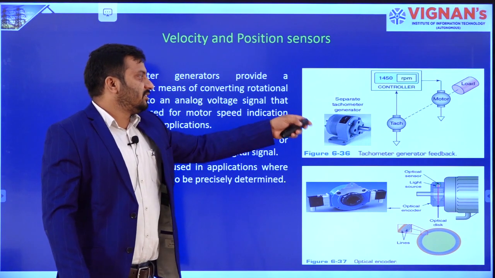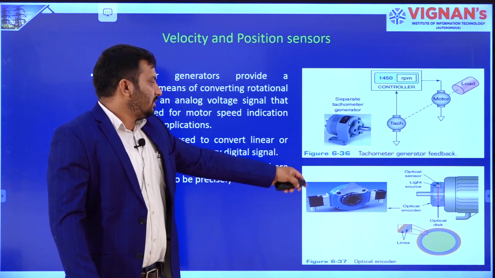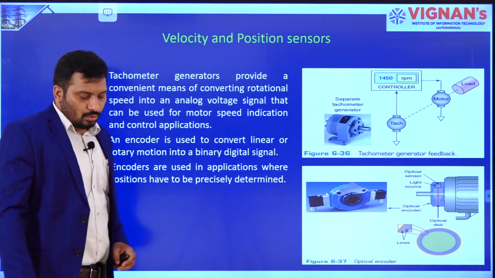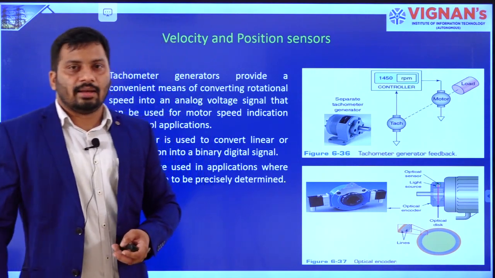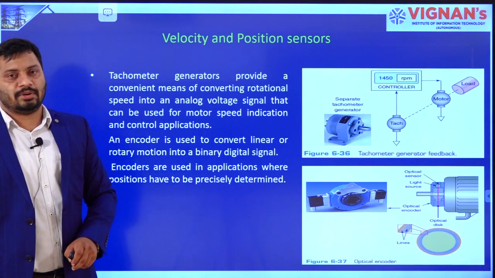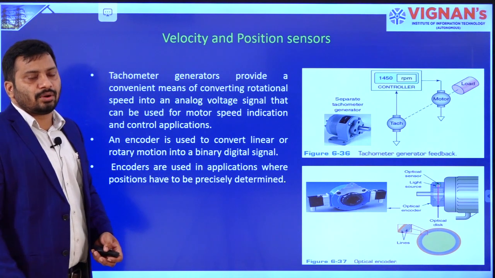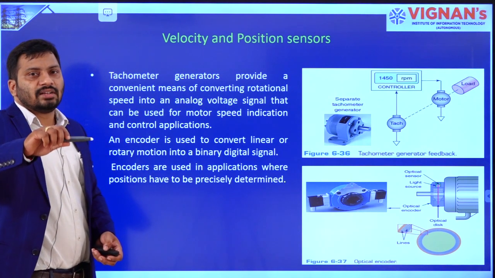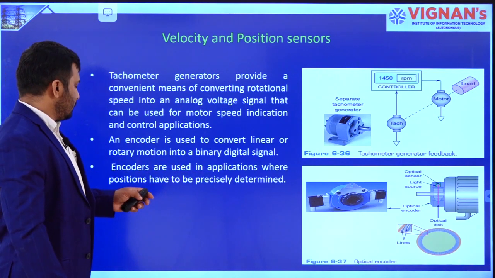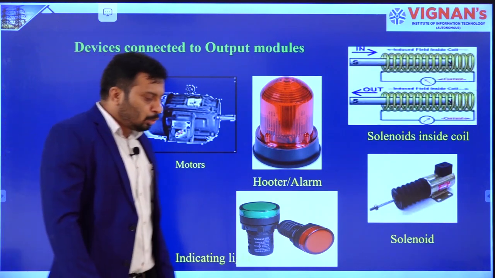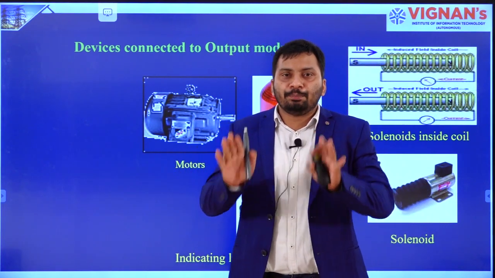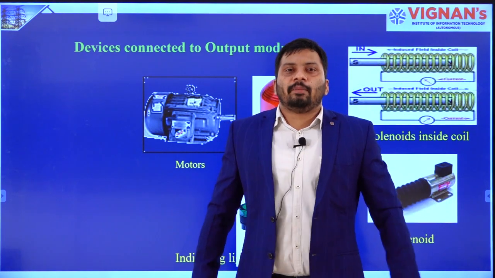One converts rotational energy into electrical energy. The other converts optical energy into an electrical signal. These are the two you already saw in the electrical labs to measure the velocity and position of the shaft present in the motors. In industry we use so many motors, and with what speed each is rotating as well as in what position the shaft is, is measured using these two sensors, right. So, up to now whatever we discussed are all input switches or input sensors to measure different parameters in industries.